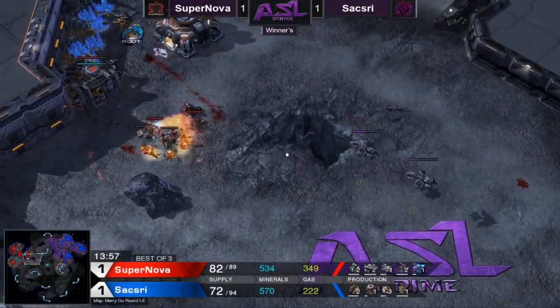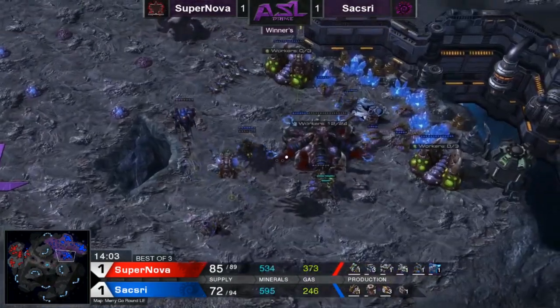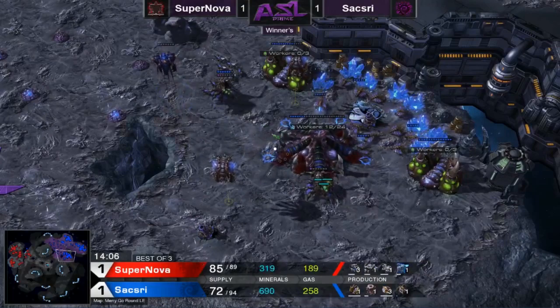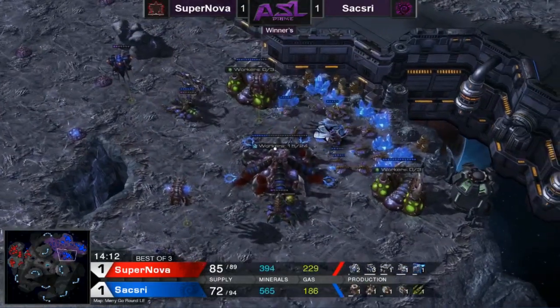Okay, I was going to say, he needs another game plan here. He can't just go Ling Bling. The Baneling bust was not successful in ending the game. Didn't get that many worker kills. So now he needs to go into something else. But we're looking at a 3-base...